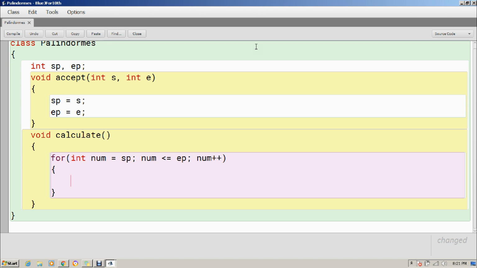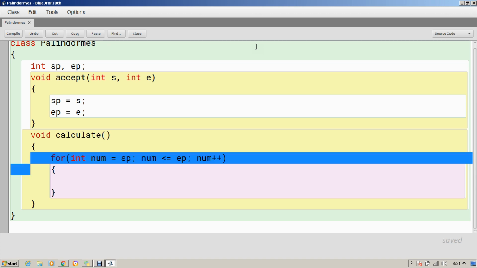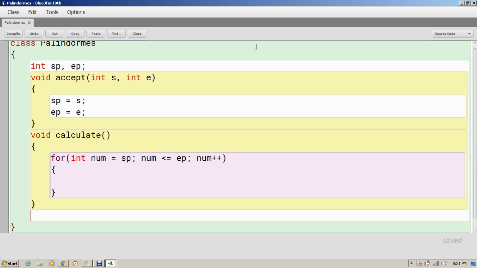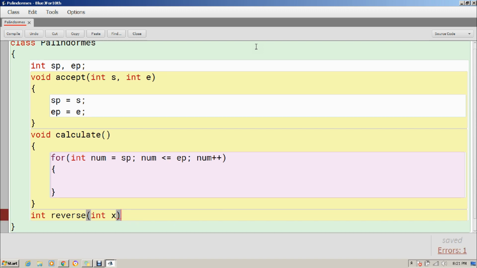Now we need to check whether a specific number is a palindrome or not. For that we need to create a reverse method that will accept a number and reverse it. You can see I have written int as the return type, int reverse, because this method will return an integer. What integer will it return?